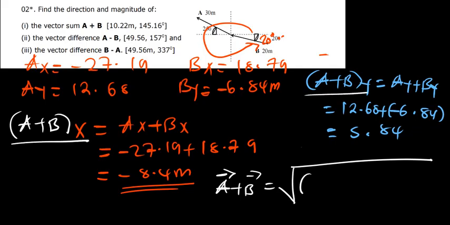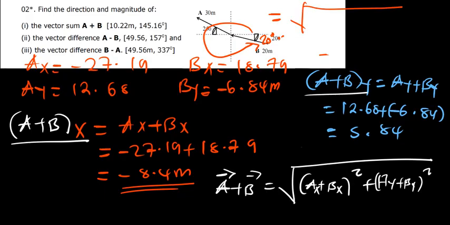So you say in the brackets Ax plus Bx, squared, plus again Ay plus By in the brackets, squared, like that. Then put now those values. Let's see what we're going to have. I think let me just do it from here on top. I'll have the square root of my first part, which is negative